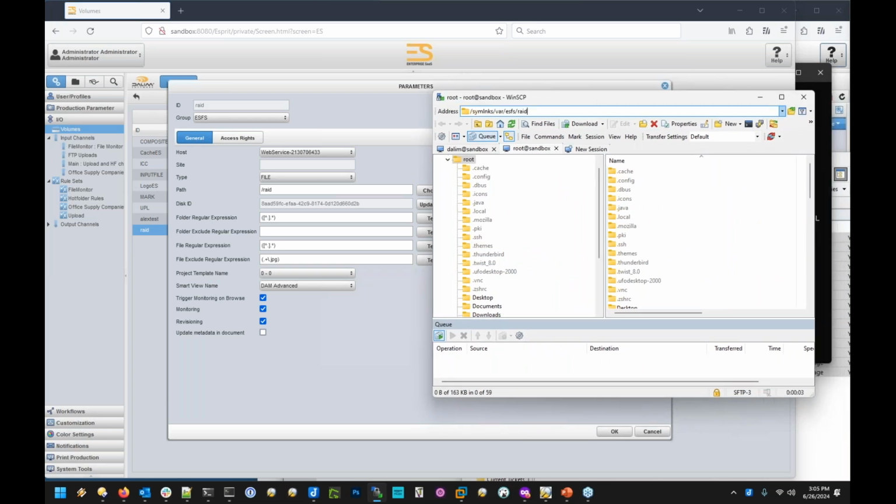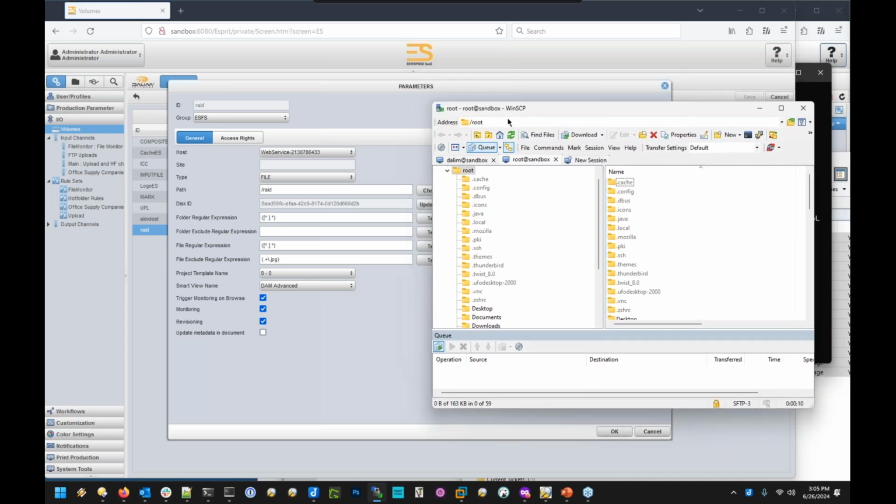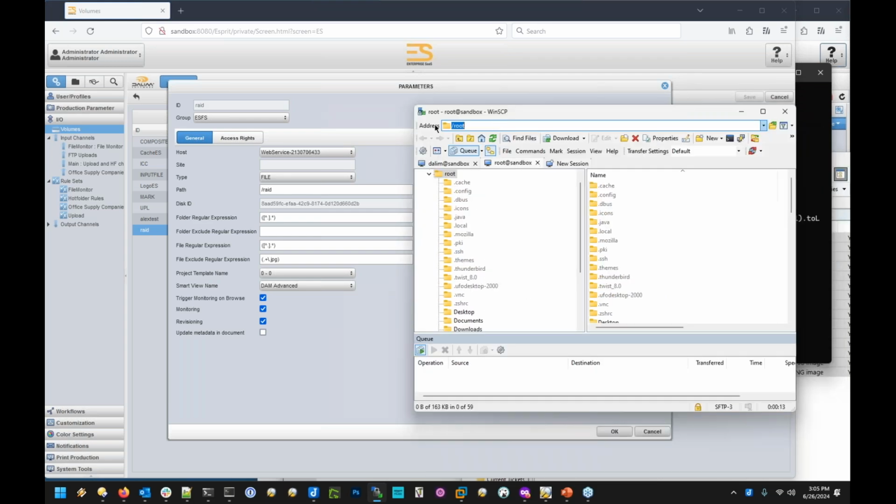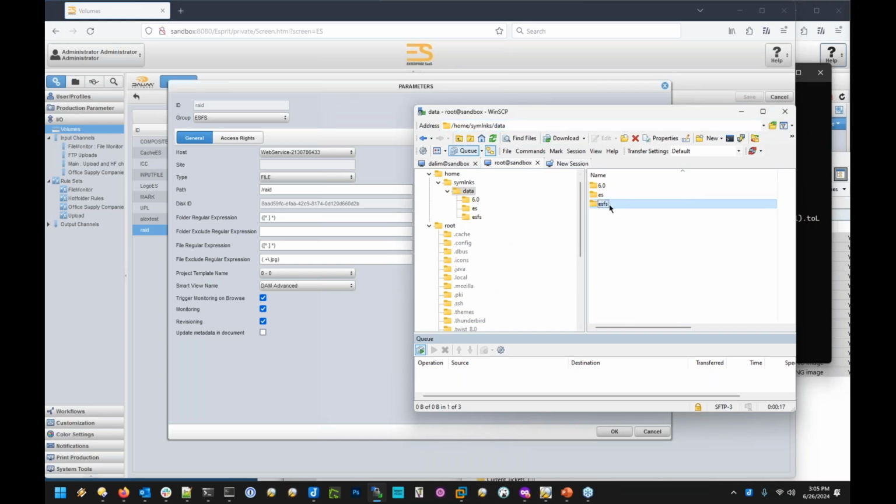So let's try this one more time. Unless I did something horrible to my RAID here. Oh, maybe it's something's data. Okay, there we go. I'm just bad at this. So if I go into my